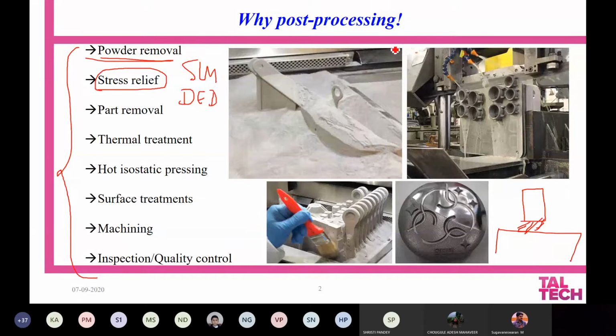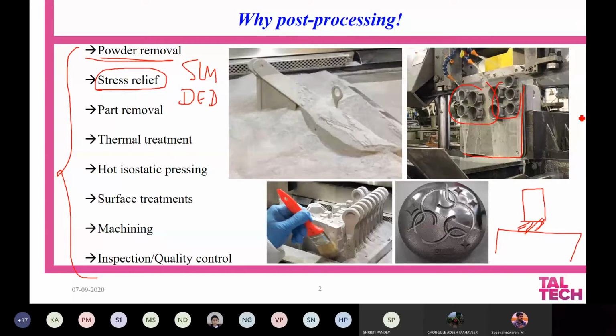And then comes the removal of the part from the substrate plate. You can see here the parts are aligned, and the substrate plate is shown here, which is tilted. And you can see that the bars are stuck with the substrate plate.